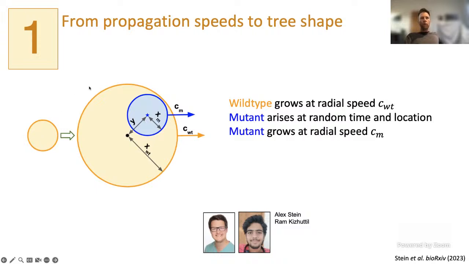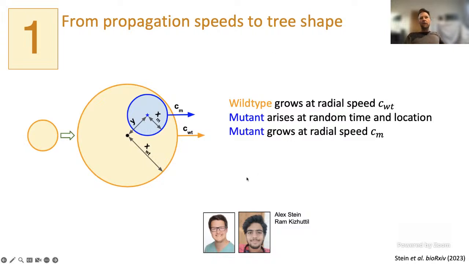And the ball of the wild type tumor grows at a certain speed, which we call c_WT. And this is a constant radial expansion speed, which means that the radius is growing at a constant speed over time. This gives polynomial growth. In 1, 2, or 3 dimensions, you get linear, quadratic, or cubic growth of the entire volume of the ball. Now, this is of course, a simplified model, and we'll look at different alternative growth models later on, but this one is a particularly nice one to analyze.